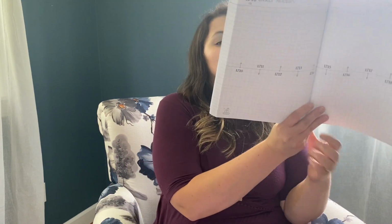And then each decade, there is a page. So this is 1710 to 1719. And then each year has an arrow pointing down, but you have all this space for 1710. So technically you could go from here to here for 1710, or I guess you could go down like this. And this is really great because this is helpful when they're going to start a book of centuries